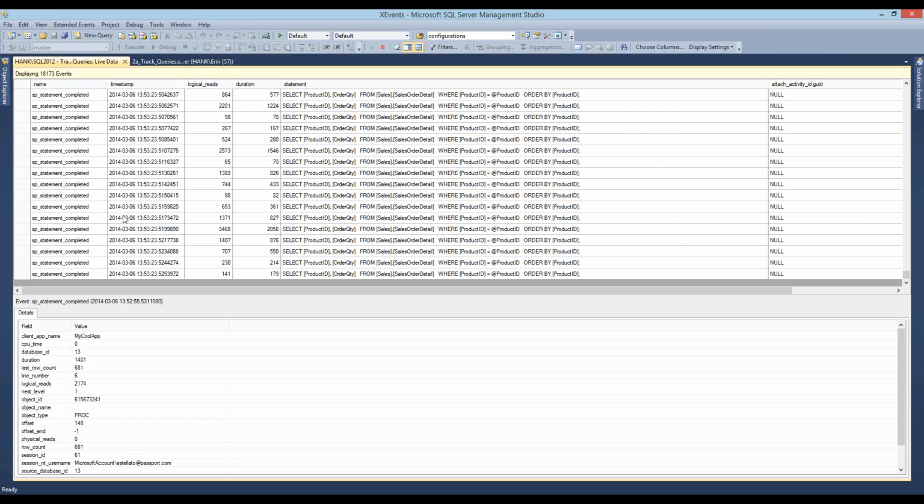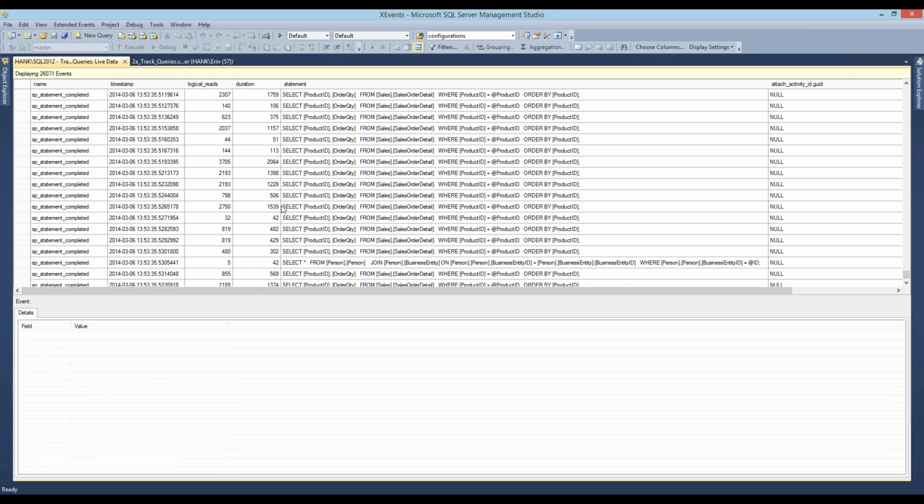So I will do this for a short amount of time, perhaps to make sure that I'm getting the right set of data. I don't tend to leave this open the entire time, but there are cases where it's useful to look at the data as it's coming in. And what I can do is stop this, so my extended event session is still running, right? My scripts are still running, it's still collecting data, but maybe I just want to look at this set of data that I have right here. I have the ability to do that.